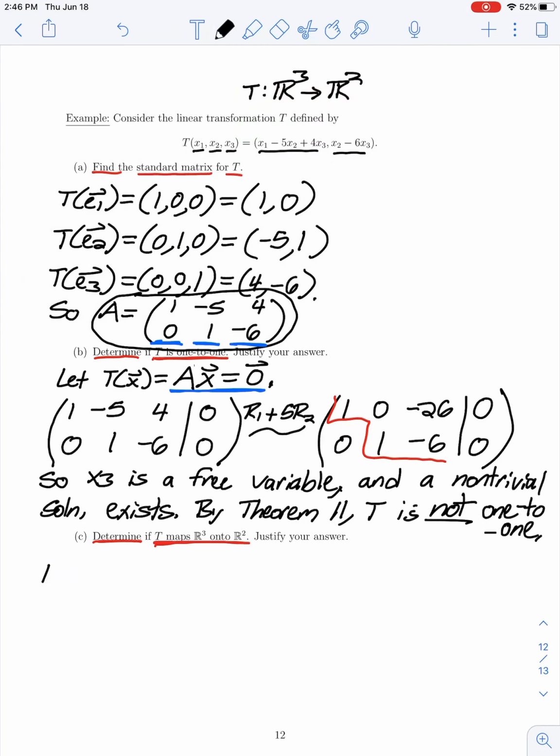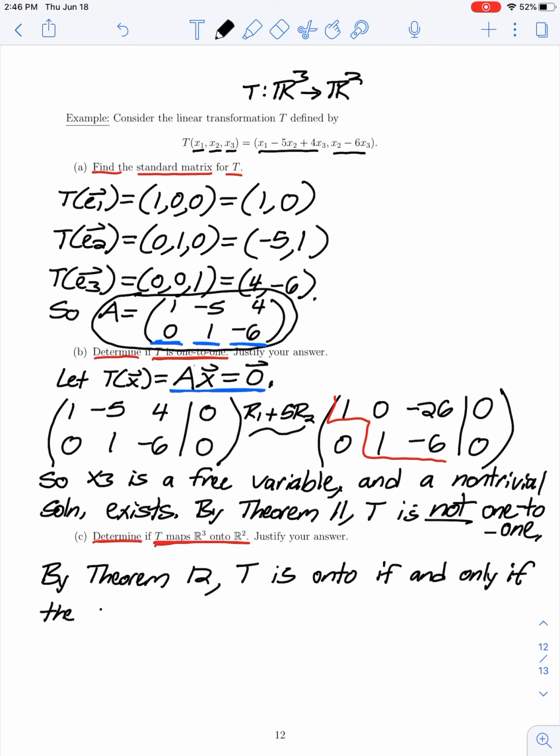So let's say the following: by theorem 12, T is onto if and only if the columns of A span all of R2. But if we recall from one of our earlier sections, the columns